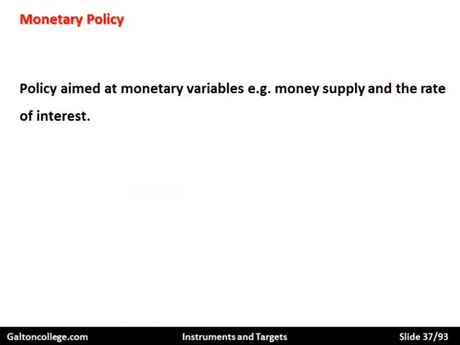Now, monetary policy. Well, monetary policy is aimed at monetary variables, obviously, the money supply and the rate of interest. If we consider the demand for money, which comes from the private sector, but also from the public sector, but the private sector, let's say, who wishes to borrow money for, let's say, investment purposes. So there is a demand for money, and the demand for money will vary according to the interest rate. So there is a demand for money, we can envisage, and there is a supply of money.